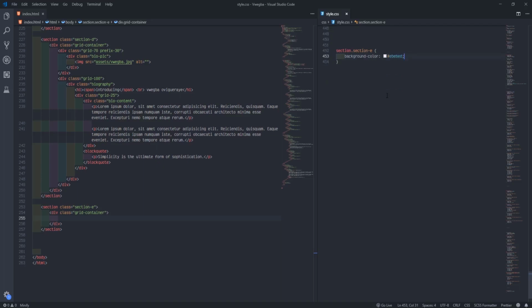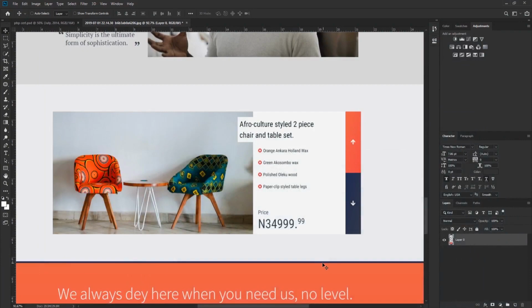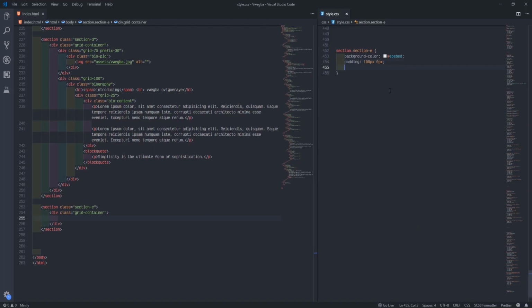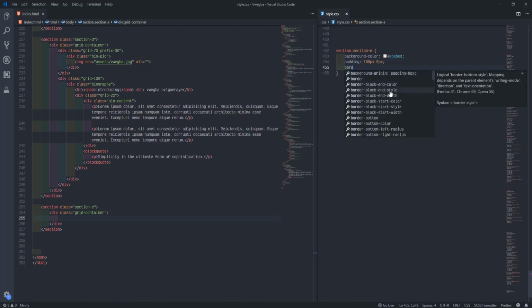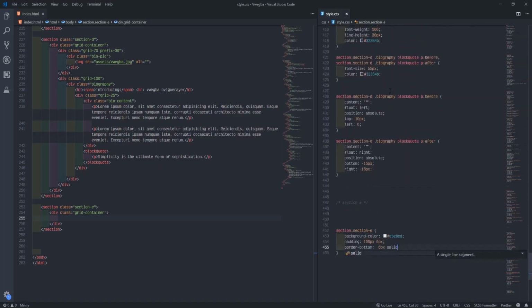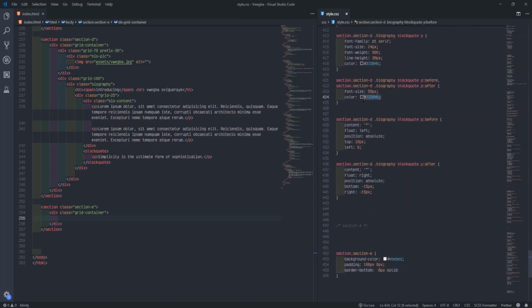Then we'll say padding. Make the top be 100 pixel, the bottom be 100 pixel, while the left and right be 0. After that one, oh look, see this blue here. See this here, a border be that. So come here, I'll say border bottom. So border bottom can be like 6 pixel solid. Oh, that's our color now. Fine now.